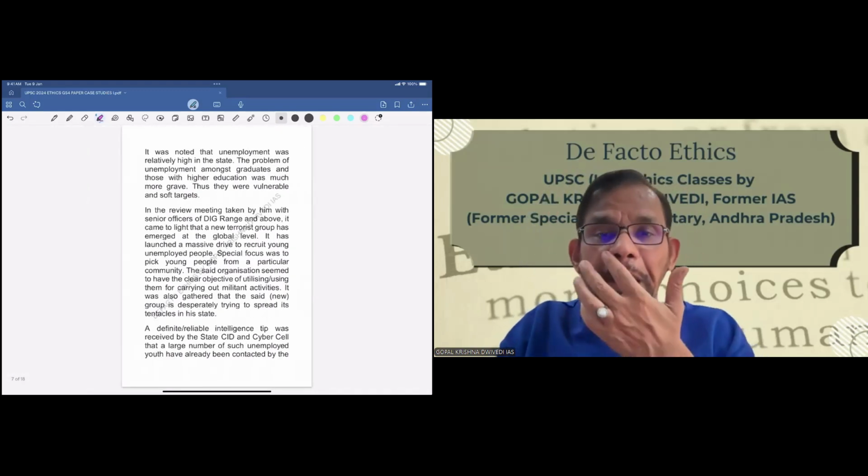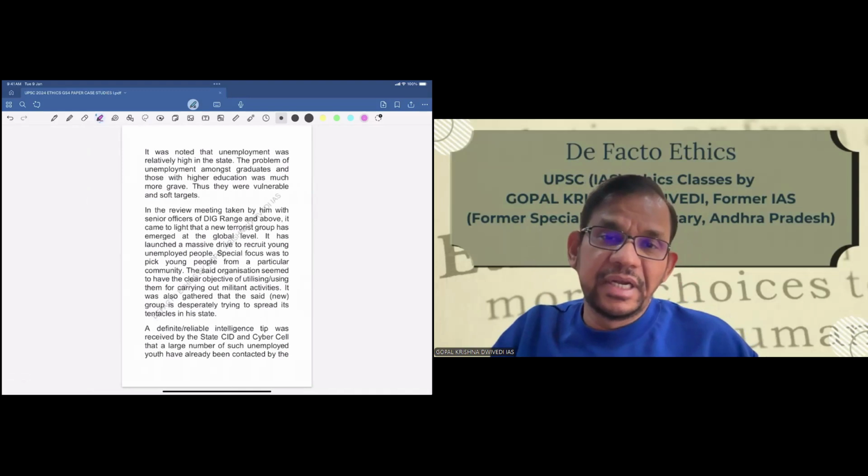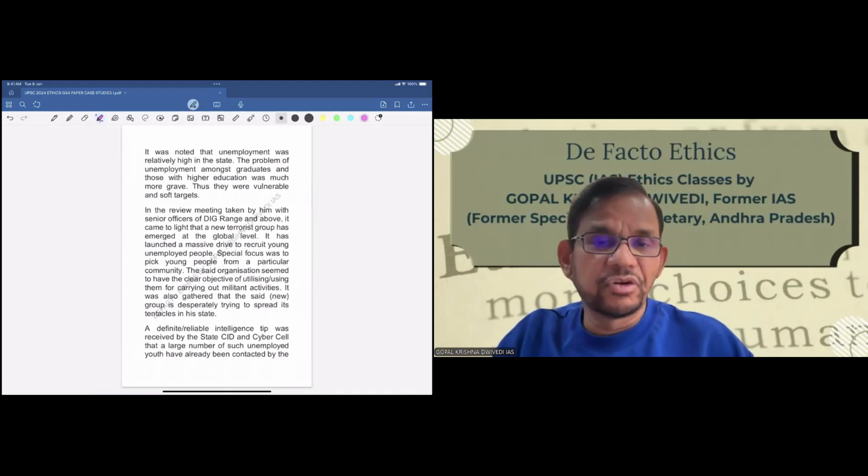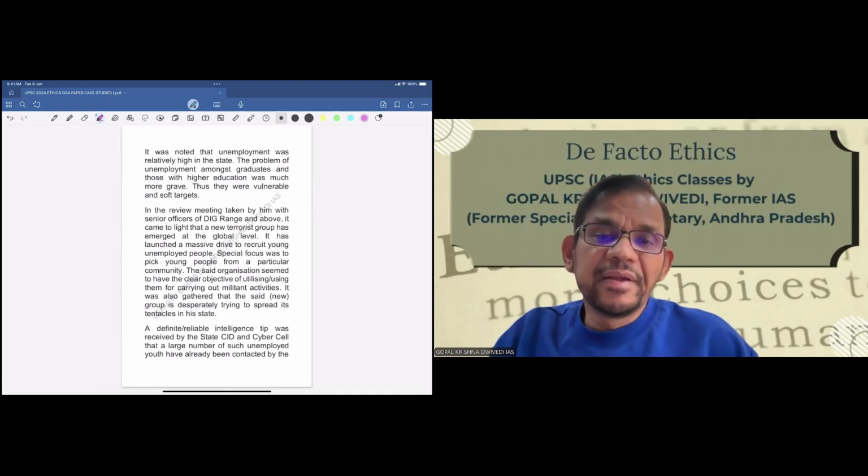It was noted that unemployment was relatively high in the state. The problem of unemployment amongst graduates and those with higher education was much more grave. Thus, they were vulnerable and soft targets, obviously. In the review meeting taken by him, the senior officers of DIG range and above, it came to light